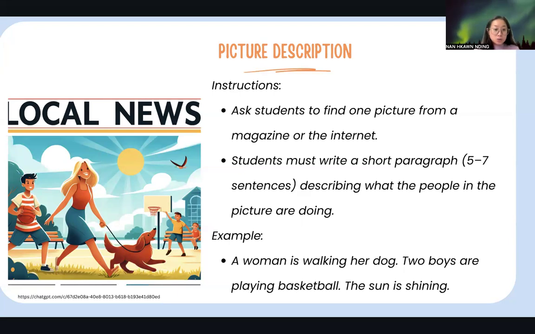I found it on Google News, and to write a paragraph, I would write something like: a woman is walking with her dog, and then the two boys are playing basketball, the sun is shining, something like that. So